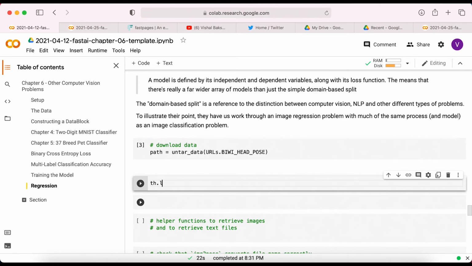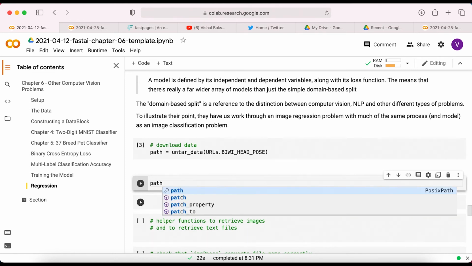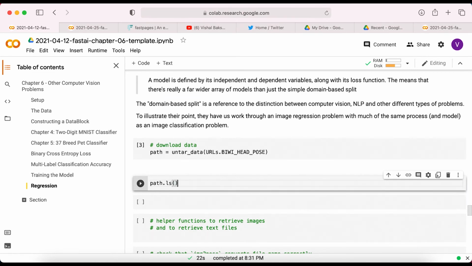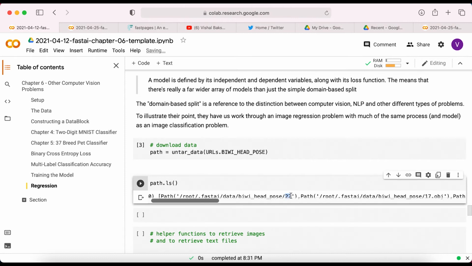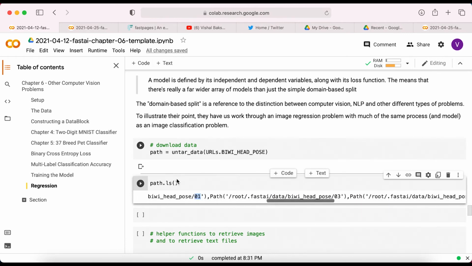I'm going to take a look at the files inside the path, and I'll see that here's head pose with their subject 22. Here's an object file for subject 17, object file for subject 22, images for subject 1, and so on and so forth. If I take a look at one of those folders,